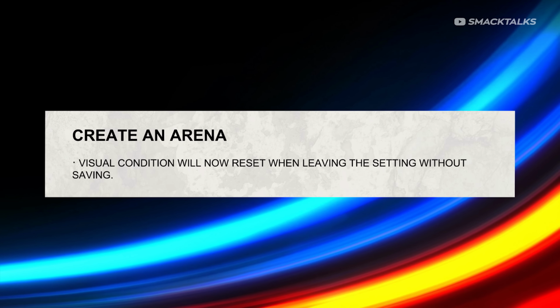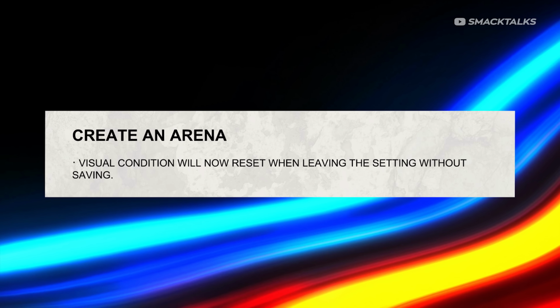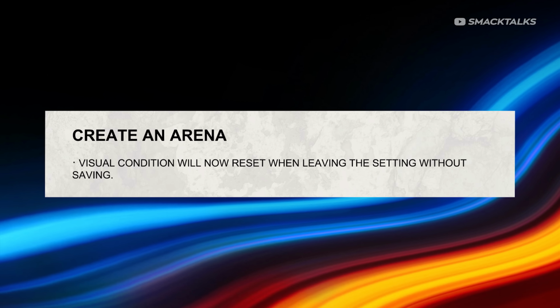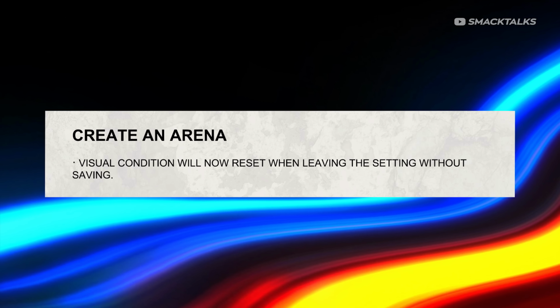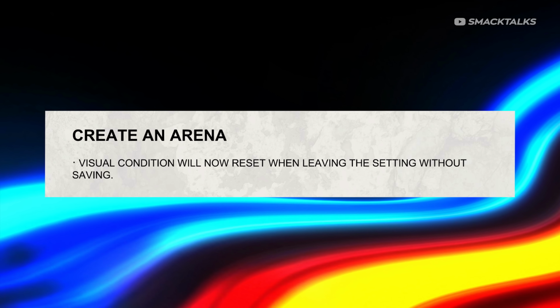Heading over to Create an Arena, which is the source of a lot of frustration for players, as there's been so many issues here. We only have one fix listed, with that being the visual setting now resets when leaving the menu without saving. So I'm really surprised that there's not more updates here, as admittedly Create an Arena is